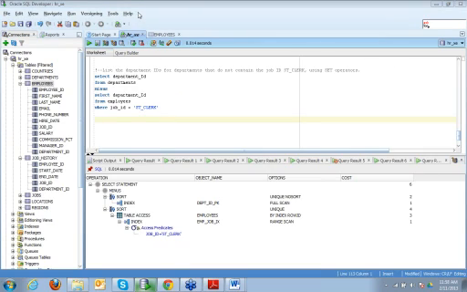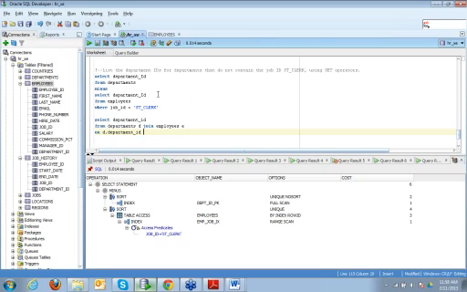Okay, so what are we going to do? So we'll do here select department ID from departments D join employees E, and join would be on D dot department ID, and here what would be the join?